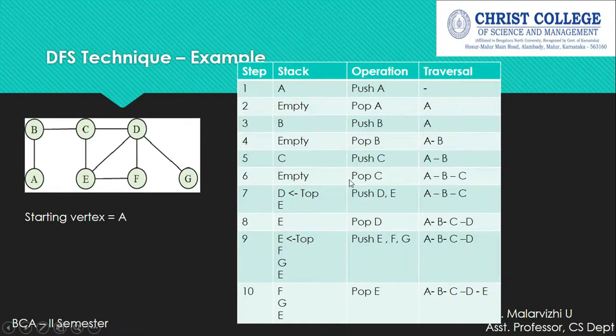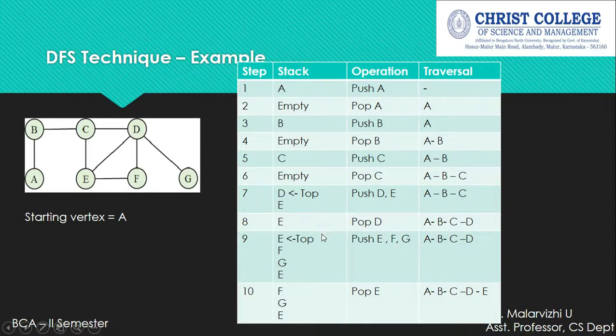So in the next step, we have to push the adjacent unvisited vertex of the vertex C. So C is adjacent to D as well as E. So that's the reason when we are pushing the adjacent vertexes into the stack, it has to be pushed in the alphabetical order or ascending order. So that's the reason D and E are pushed into the stack and D is there on the top of the stack. Okay. So in the next step, we are popping the stack. So D is there on the top. So D will be popped now. The remaining element in the stack is E. So the list of elements traversed so far is A, B, C, D.